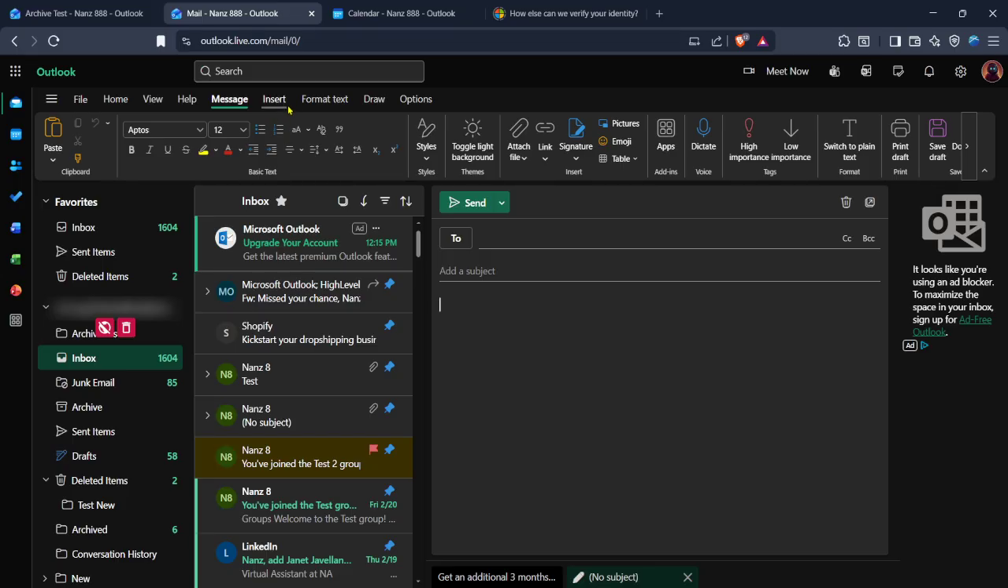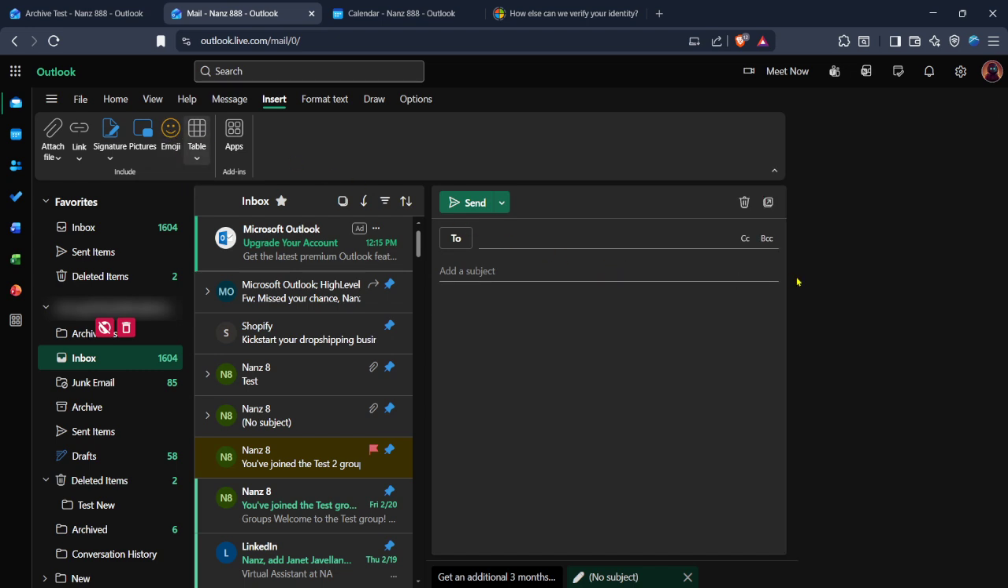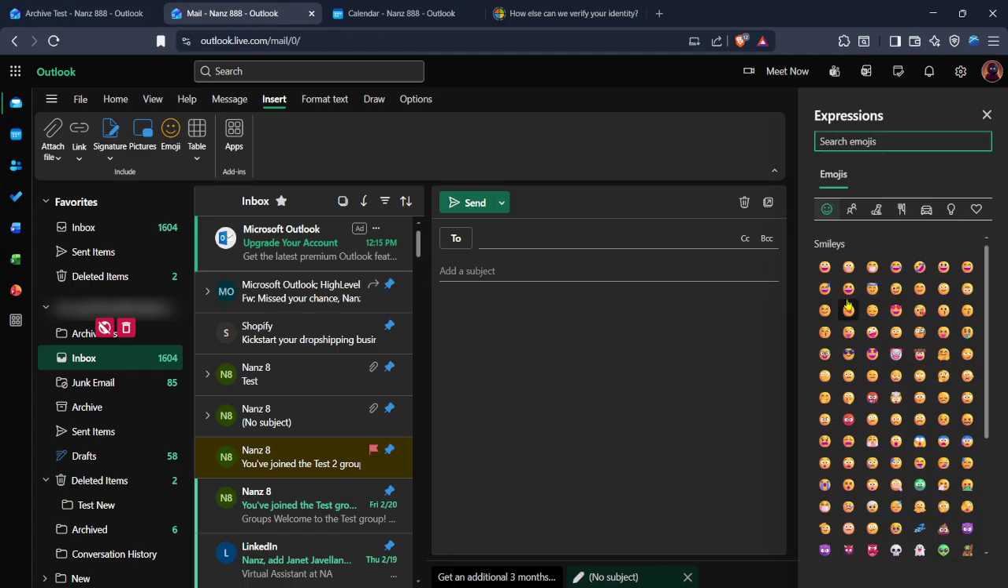Now look along the top of the compose window and choose Insert. Depending on your version and window size, you might need to expand the formatting tools with the 3 dots to see it. Insert is where Outlook groups content you can add to your message, like pictures, links, and of course emojis. Select emoji. This opens the emoji picker, which is your library of icons organized by categories like smileys, people,